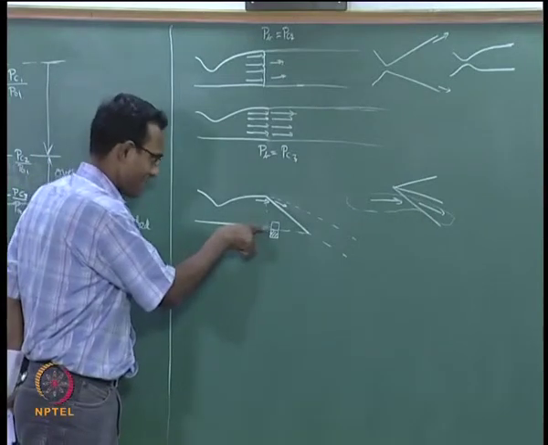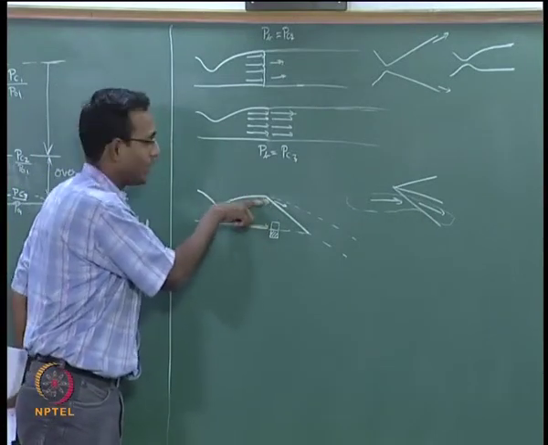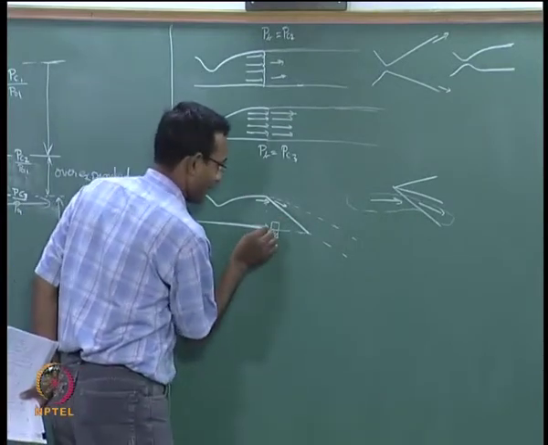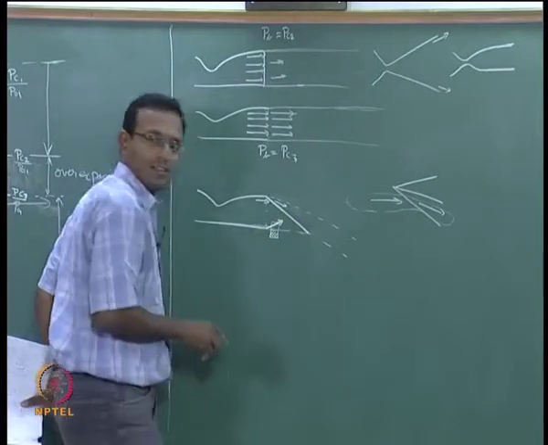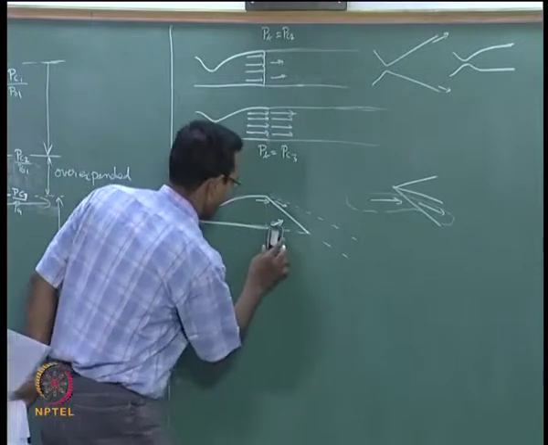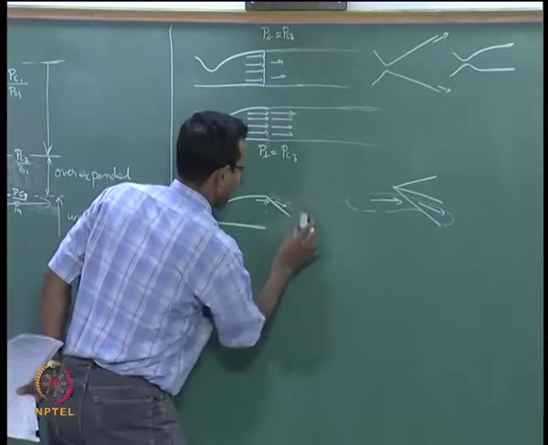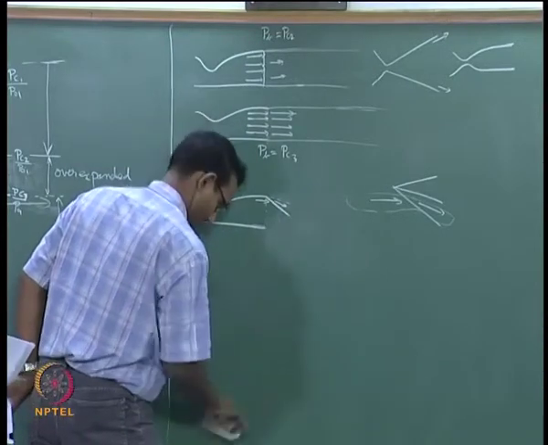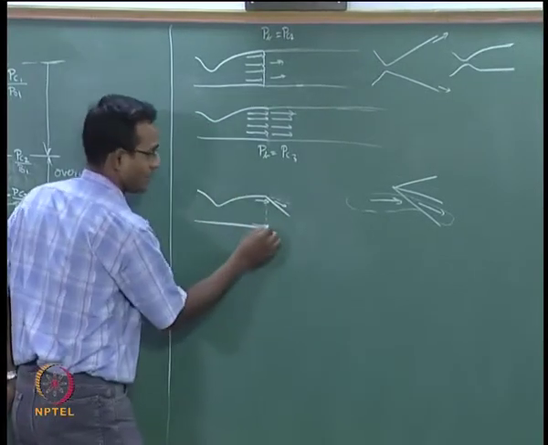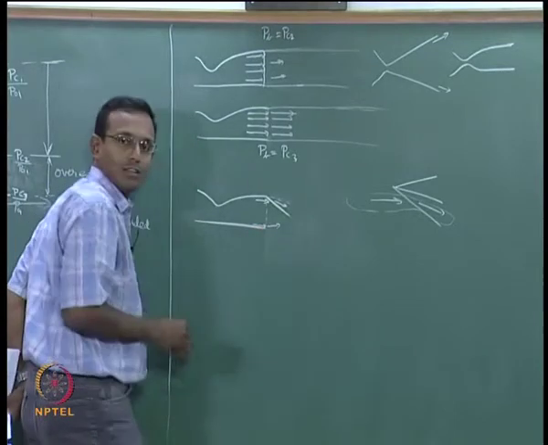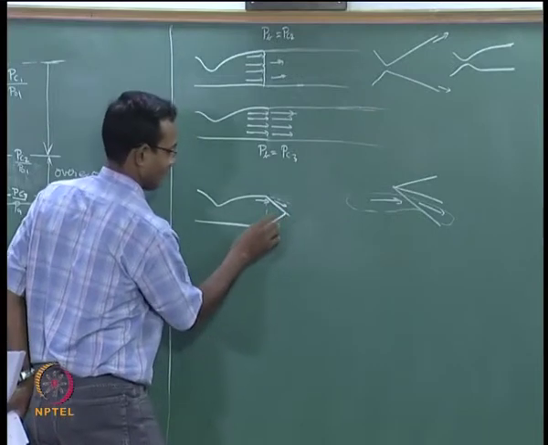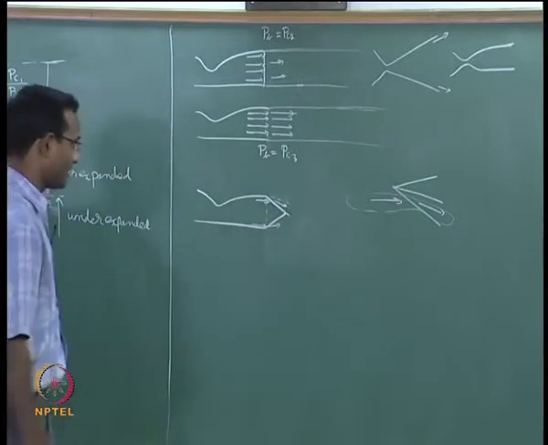Why? For the same reason as that side, it formed the shock. Now I am going to say for the same reason here this fluid element will turn inward, and for this to happen there should be a shock sitting. I will draw it much more clearly now. I am going to say this fluid element wants to turn this way. To make it happen there will be a shock like this, okay, that is supposed to happen.